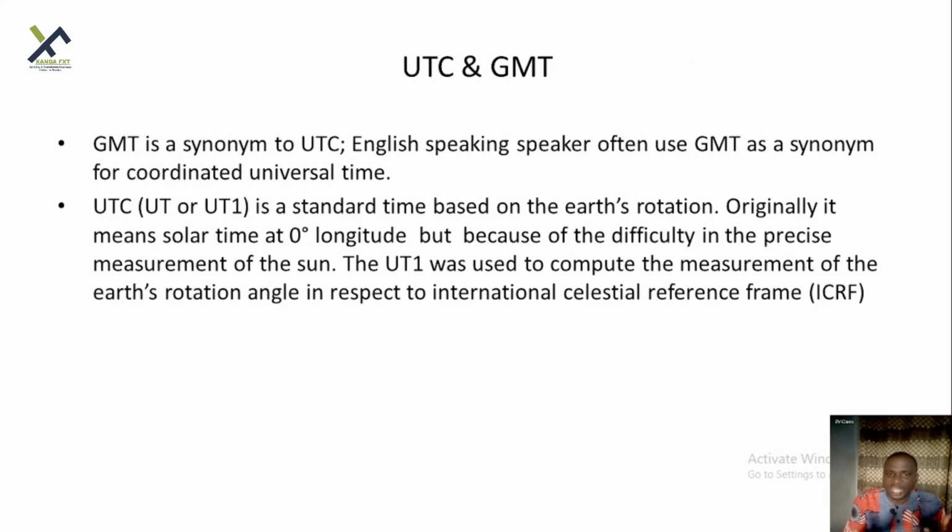A lot of people have a little confusion between the GMT and the UTC. I want you to understand that GMT is just a synonym used instead of UTC. Whenever GMT is mentioned or UTC is mentioned, it's talking about the same thing, okay? Let's look at how these time zones affect traders.